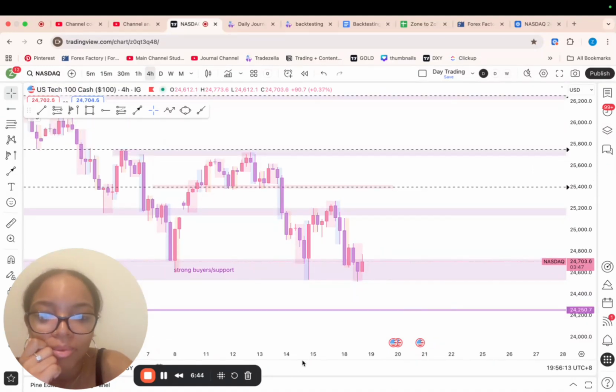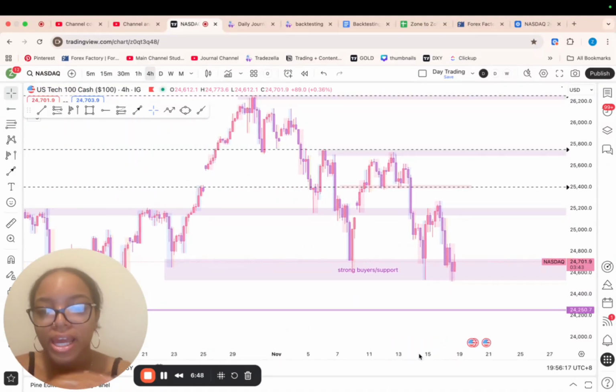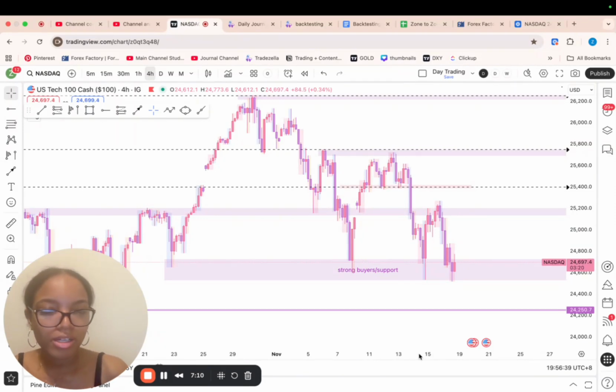Oh, I'm having trouble with this as well, because again, we haven't got any real power showing. And to be honest, it makes sense in the state that the economy is at. I'm really grateful that I keep up with the economic news, because it helps me understand why price is doing this. The government's reopened, we haven't got any data out from the US, and there's all of this controversy going on with Trump at the moment. So I feel like everything's a little bit sensitive. Everything's not moving very much.